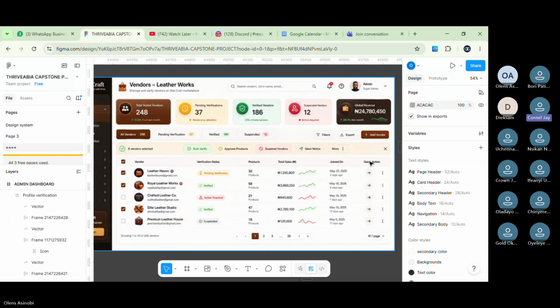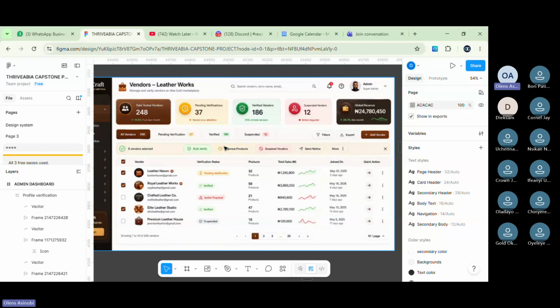Once you've checked the boxes of whoever you want to verify, you can just click on bulk verify and it verifies everybody you have clicked on. So that means there's no need for quick action again? Is that what you're saying? No, the add vendor button. The add vendor button is to add a new vendor.